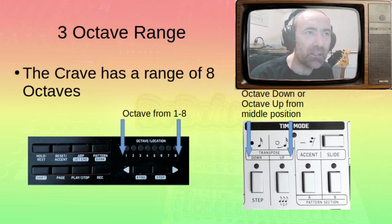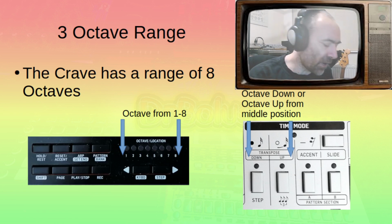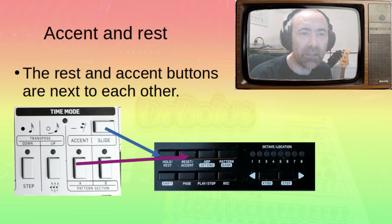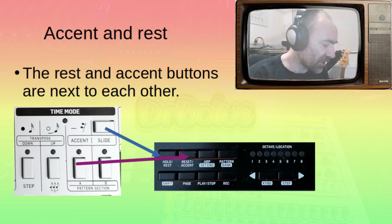First thing is the 3 octave range. The Crave has 8 octaves. On the TD-3, you've only got down, up and the middle range. The next thing you need to think about is the accent and rest buttons, so they're next to each other,